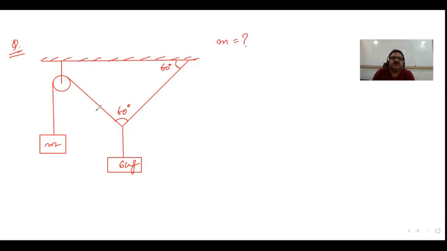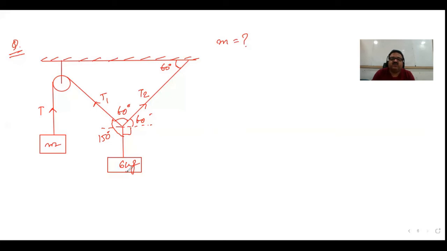So what to do? Look, if it is T, so this is also T. So we need to calculate the value of T first, correct? And then this. So say for example, this is T1 and this is T2. Now look at this. This is 60. So if it is 60, it is this. So this is 90, 150. And look at this. This 60 means this 60. So this entire angle is also 150.